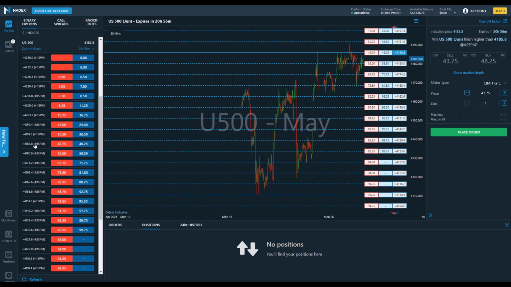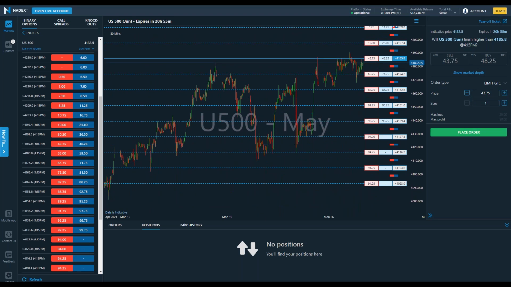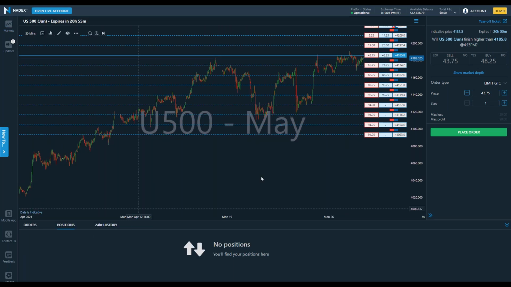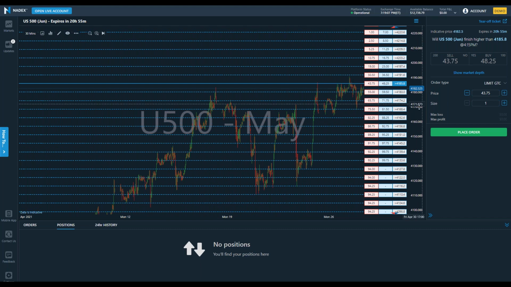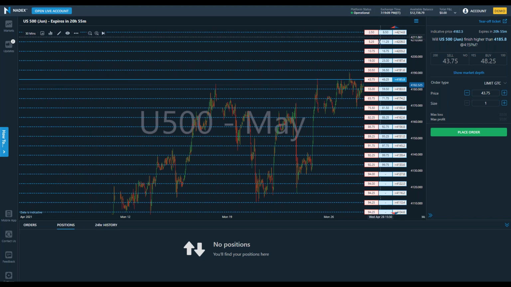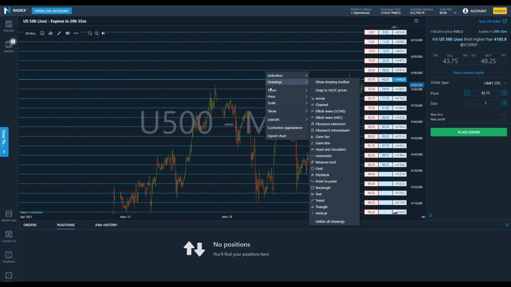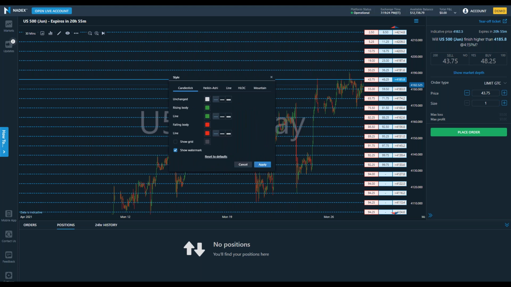So I'm going to go ahead and click on one of these, and I am going to move this aside. All right, I am now going to zoom in. Now, it does give me all of the strike prices. If I don't want to see all of those because I find it a little distracting, okay, you can change that. I'm going to go to customize appearance,